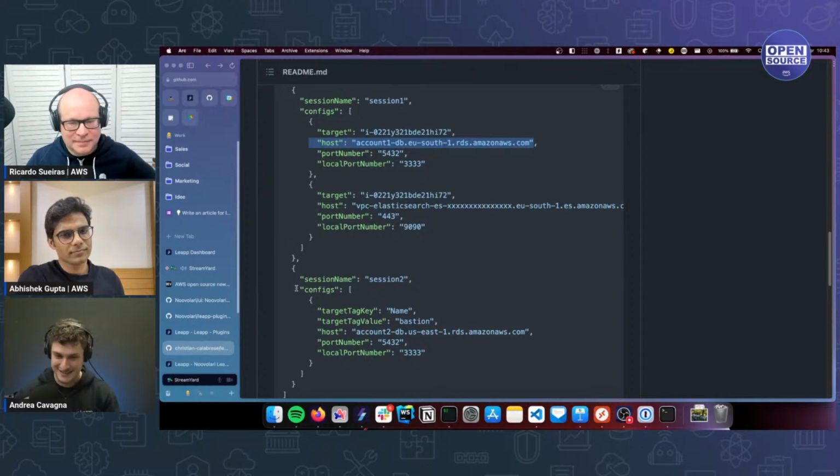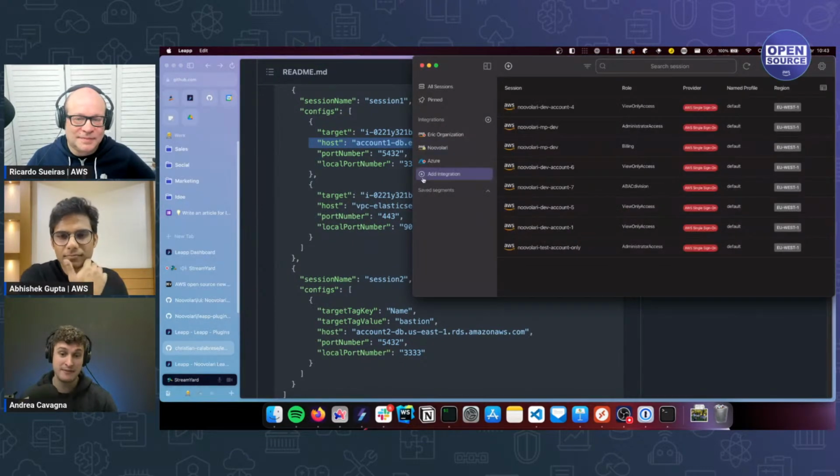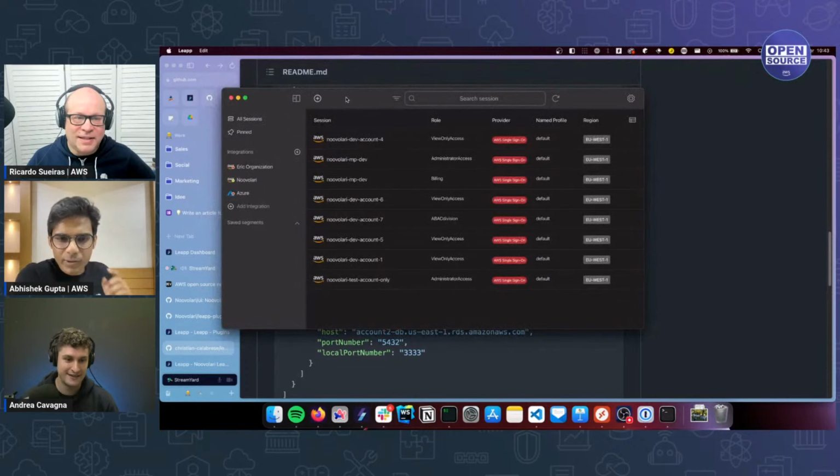System Manager is a great service, and integrating it into Leap has made Leap a great companion for us to work with the cloud every day.